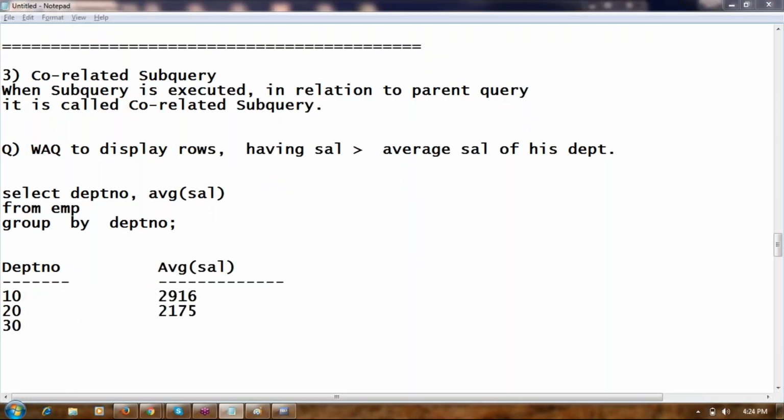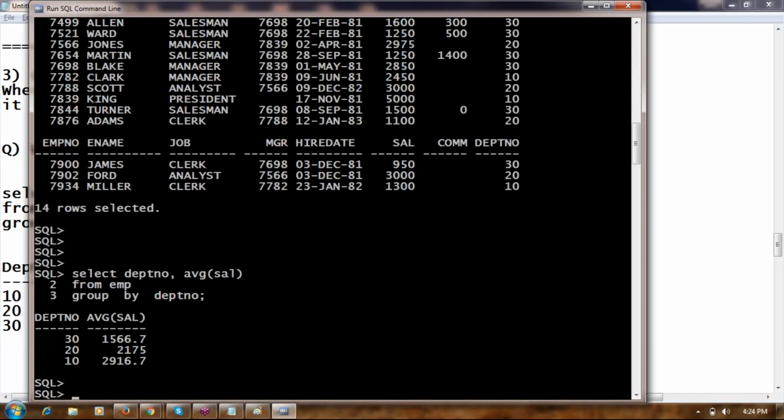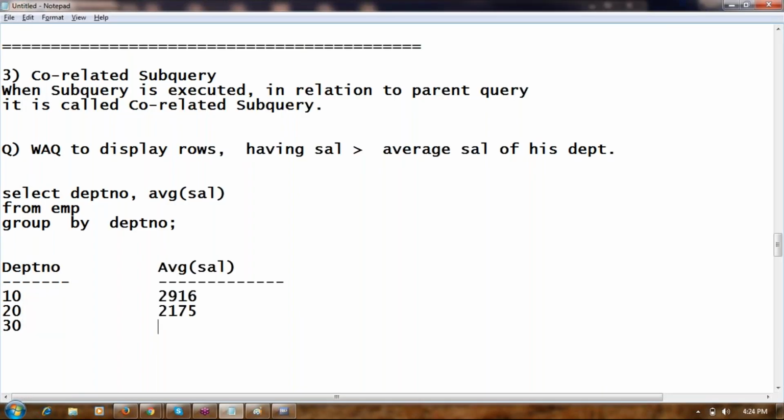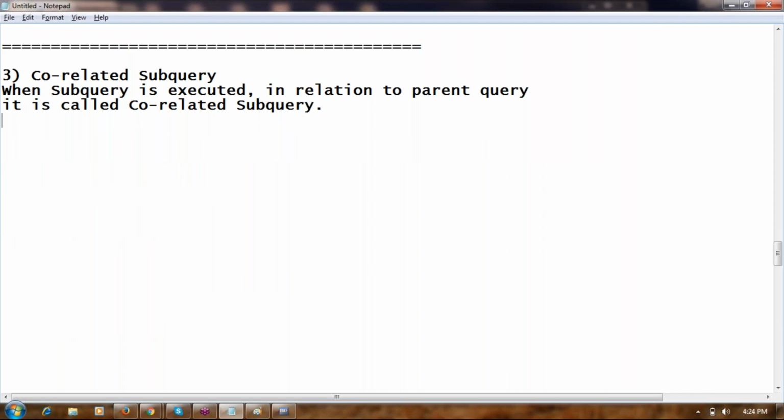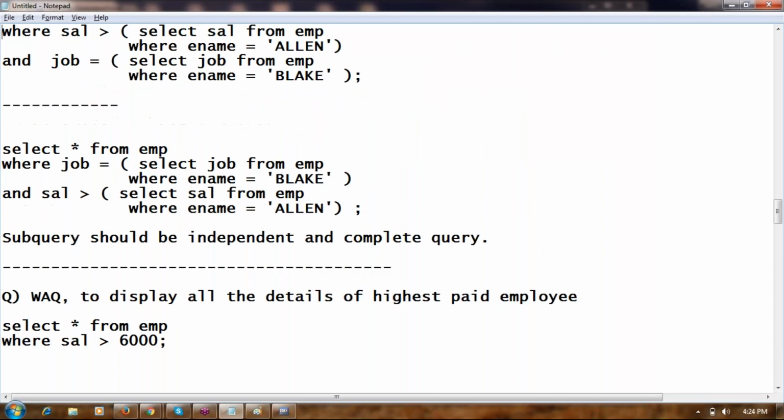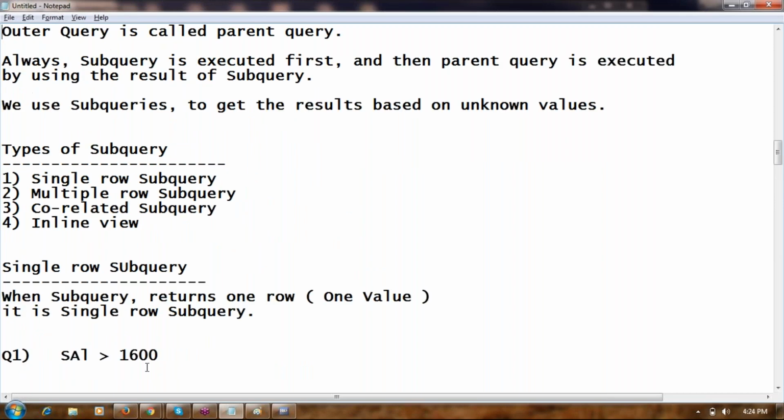Sunil asks whether we use group by with order by. Okay, we have not discussed group by yet. No, we do not use group by order by. In that case, the correlated subquery is dependent on the group by clause, so let us not discuss correlated subquery now. This we'll discuss after the group by clause.